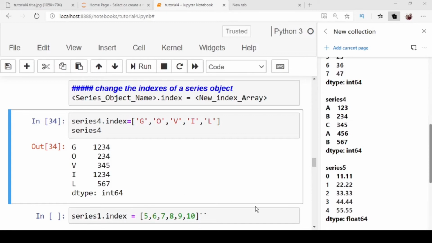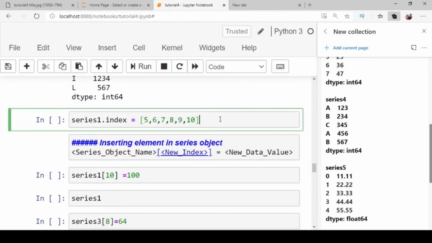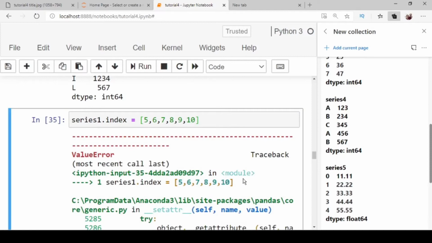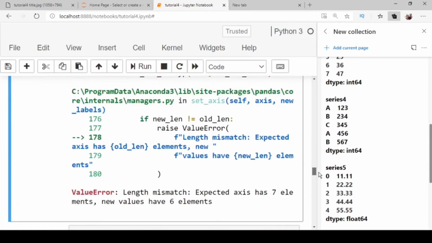Otherwise, it displays a length mismatch error. So see the example. You see that the error is coming, and the error message is length mismatch.